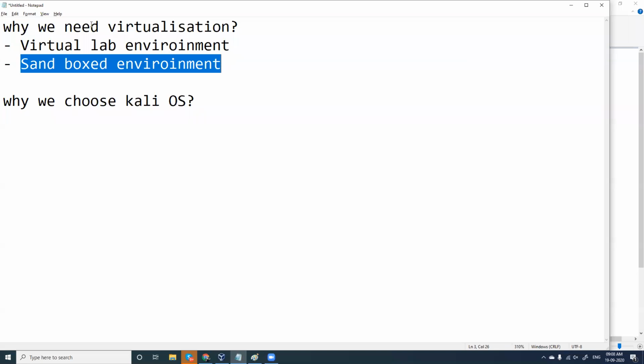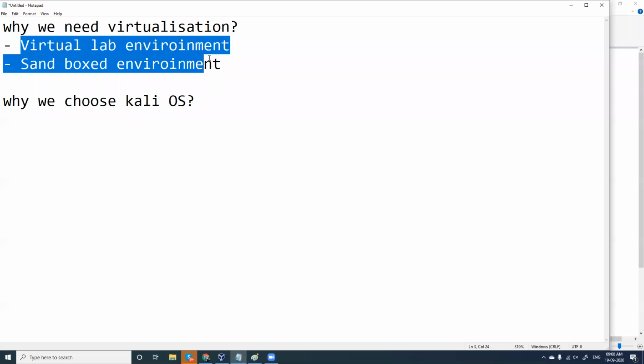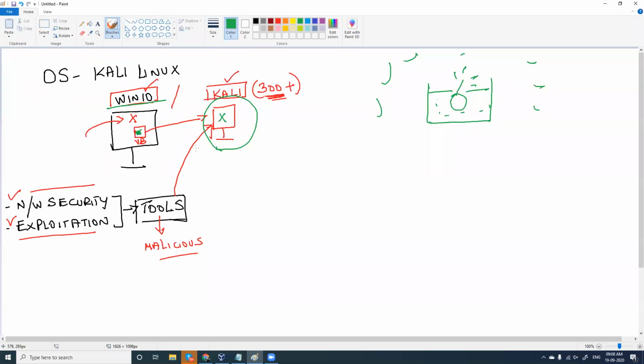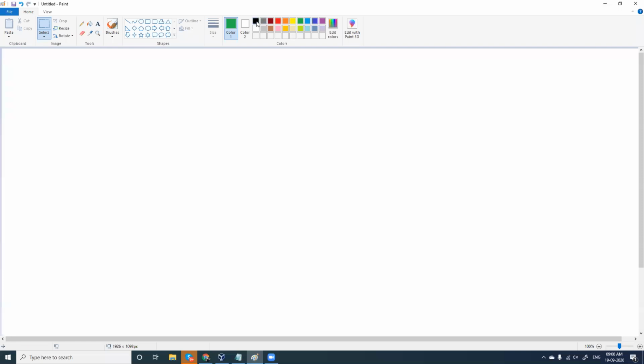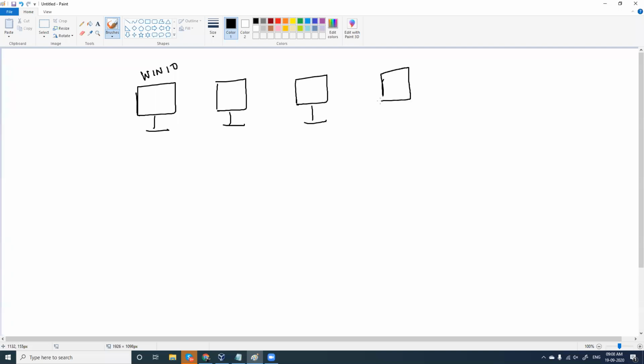What is a virtual lab environment? Virtual lab environment is where, as usual, you have only one computer here, which is Windows 10. And for hacking or network exploitation, for offensive learning, probably you'll need like 2-3 computers with different operating systems.